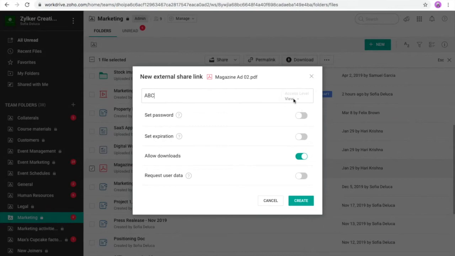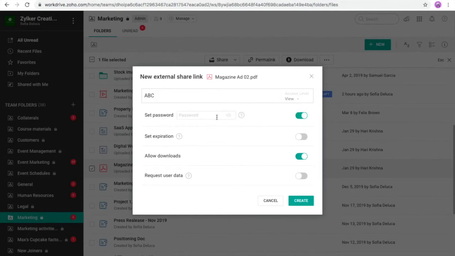You can decide an access level. So in case you're sharing a Writer, Sheet or Show file, you can set edit permissions as well, so that the external collaborators can work on the files without having to create a WorkDrive account. And if you're sharing a folder, then you can set the access permissions to upload as well.